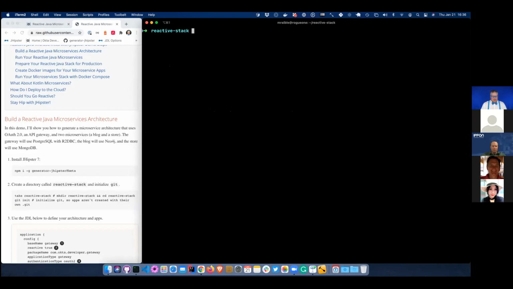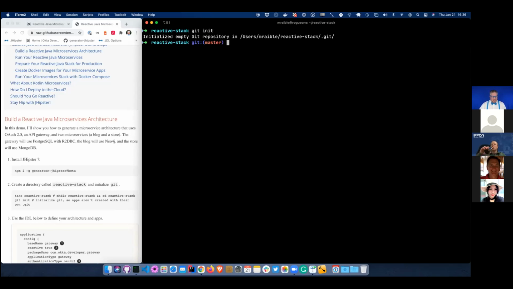And then this is what I like to do when I'm generating microservices with JHipster, because it basically expects each app to be independent, and in its own Git repo. So if you have Git installed, it'll create a Git project, initialize it, and commit everything after it creates the project. If you're doing microservices and you have everything in the same directory and you want to keep it in its own repo, then you want to do git init first, so it won't actually create those little .git directories